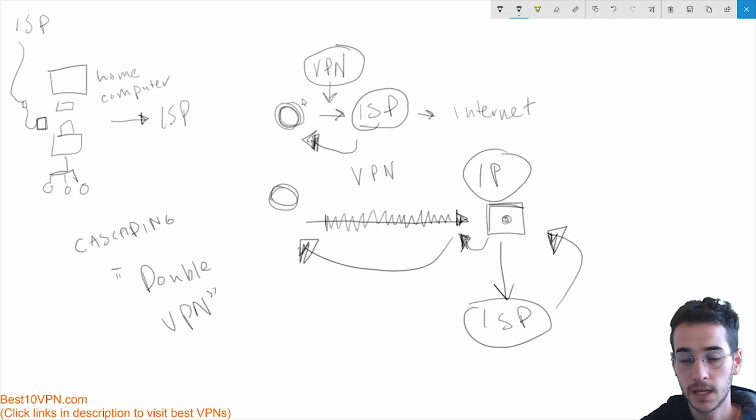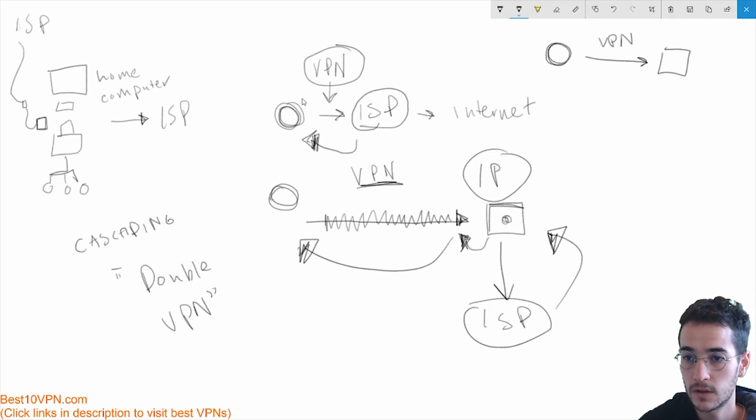So double VPN essentially is having two VPNs at once. So the original model, as you can see here, we had this VPN in this process. So a cascading example would be something like this. So let's say we have us, we have the VPN